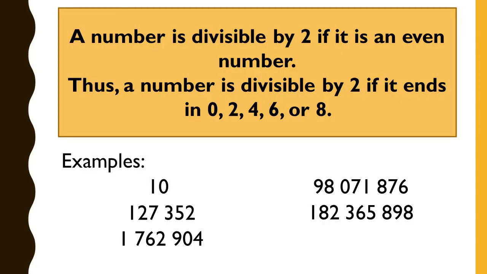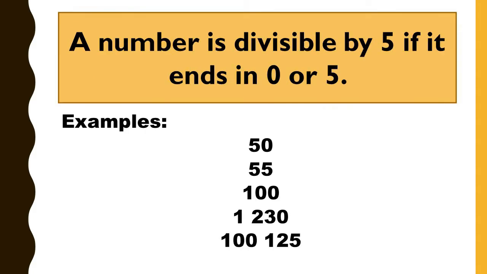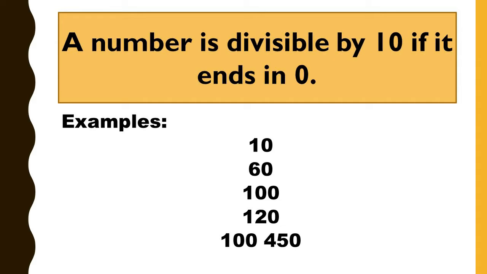A number is divisible by 2 if it is an even number. Thus, a number is divisible by 2 if it ends in 0, 2, 4, 6, or 8. For example, 10 and 127,352. A number is divisible by 5 if it ends in 0 or 5. For example, 50 and 55. A number is divisible by 10 if it ends in 0. For example, 10, 60, 100, 120,